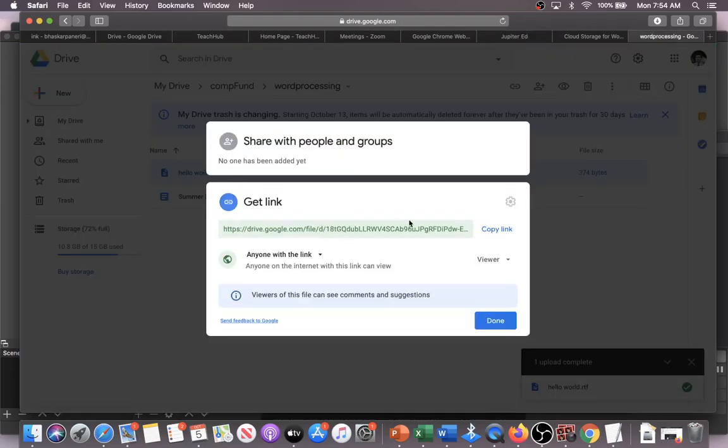So that's how to do it with PC and Mac, with either Notepad or TextEdit. And one way to make sure that your link is working or not is if you open,